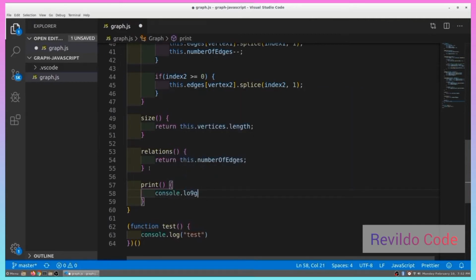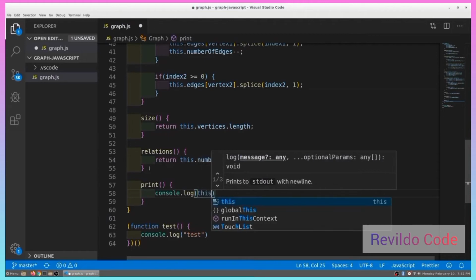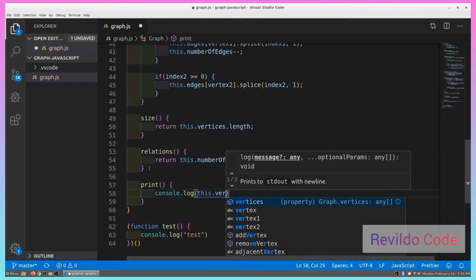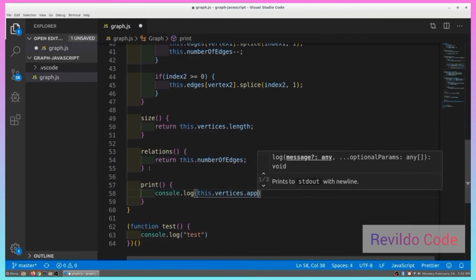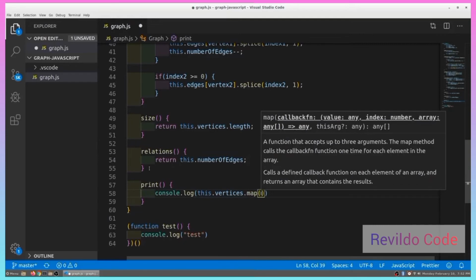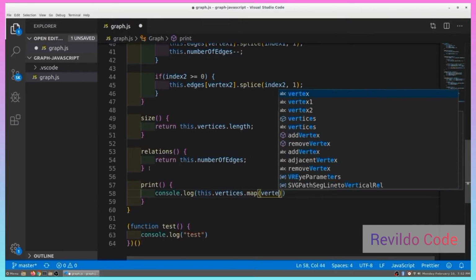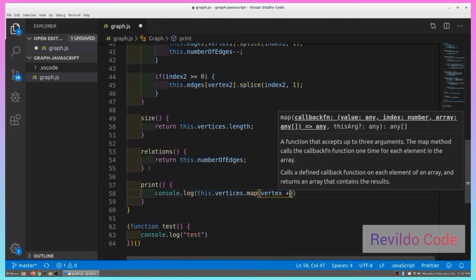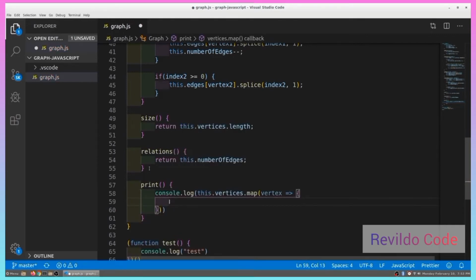So we'll do this by saying console.log, and then this.vertices.map, not app, map. And then it's just going to take the vertex object for each vertex within this array. Okay, so for each vertex in the vertices, we are going to return,